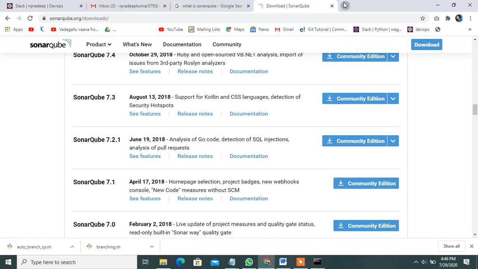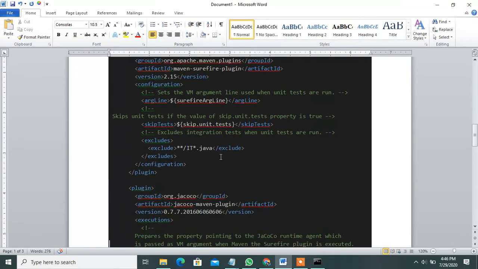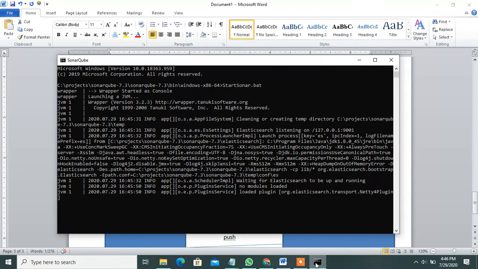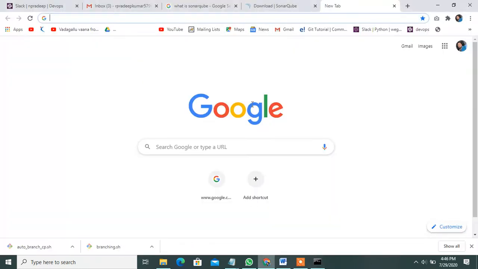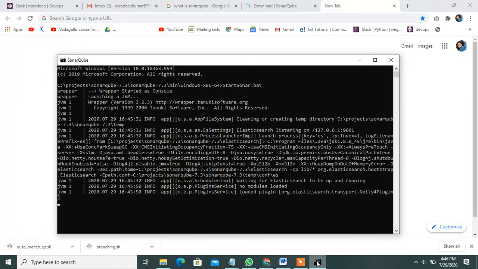Open a new tab. Do you remember what the SonarQube port is? By default the port is 9000. This is the SonarQube server running port, as mentioned here. Go to the server. Once SonarQube is running, it shows up and running.